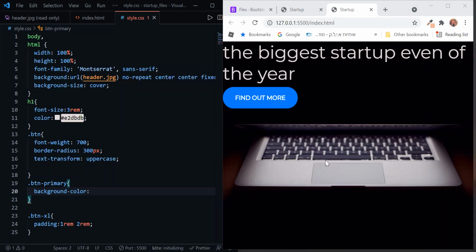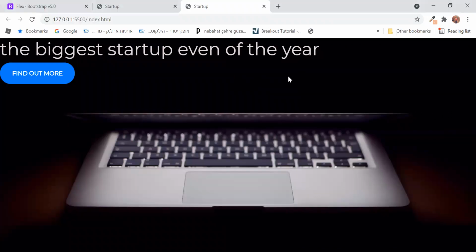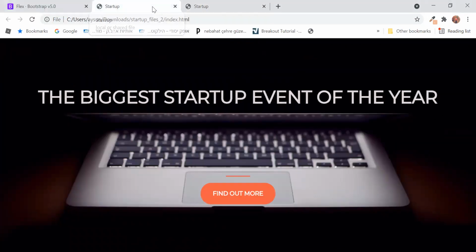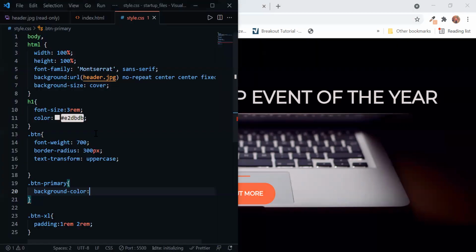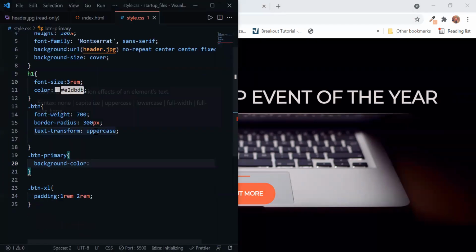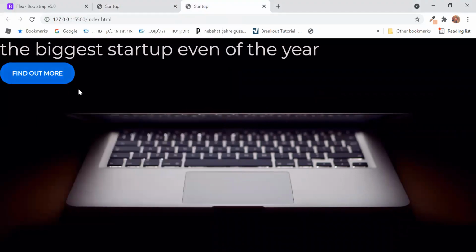Hi, so let's continue. The last time we were building up this web page, and I told you that I want to create something like this. And the last thing we were doing was the button. The button style is okay, the color, and I will show you how to steal the color